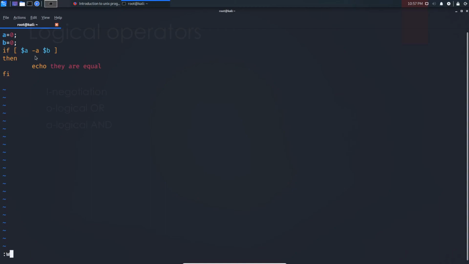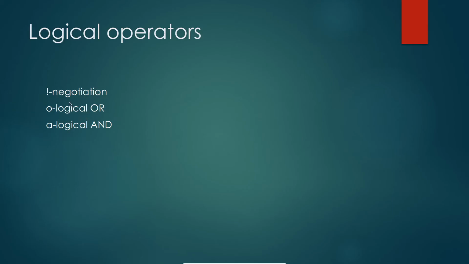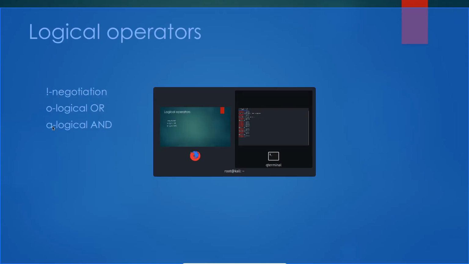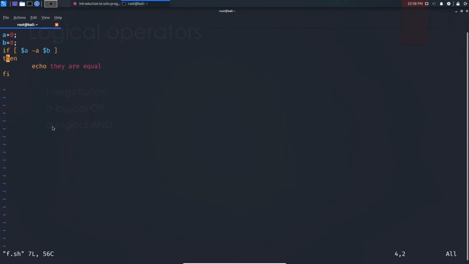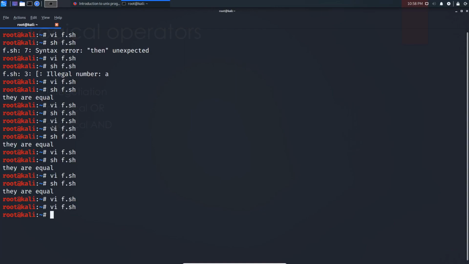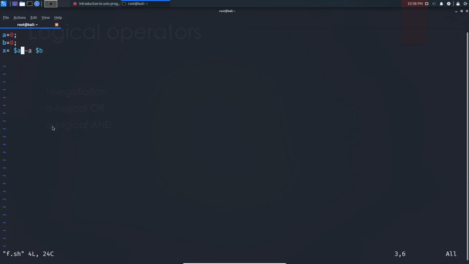Okay, leave it. This is how we use the logical operators by using these symbols. For the AND operation you need to do this. Let me check whether this will work or not. We will set some x equal to something and check whether we get the output.